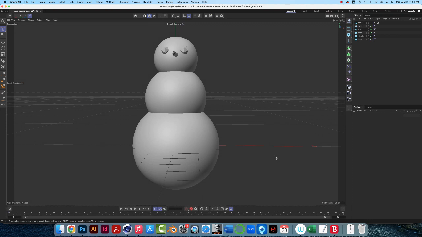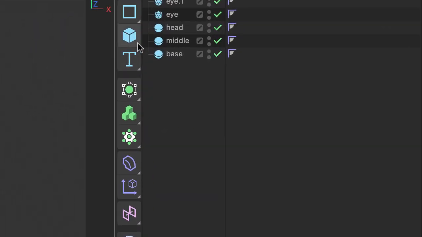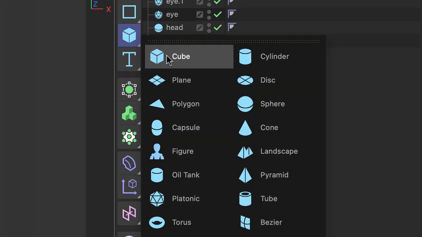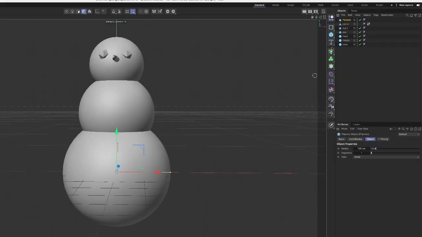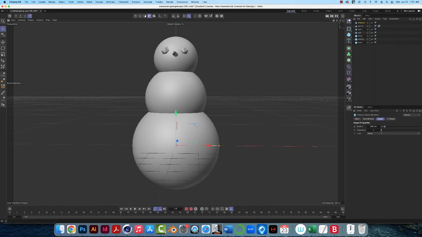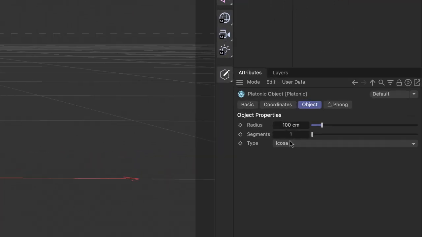Let's put a mouth on our snowman, and then we'll do a little bit of organization in the object manager because it is getting kind of busy over here. So for the mouth, we'll use the platonic solid as we did for the eyes. So drop down menu, choose platonic. And if you remember, our eye was like what, 10? So like a good size for